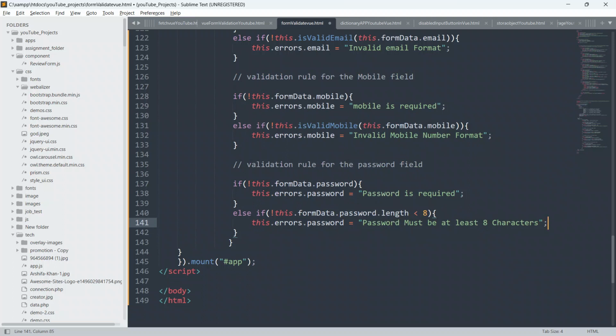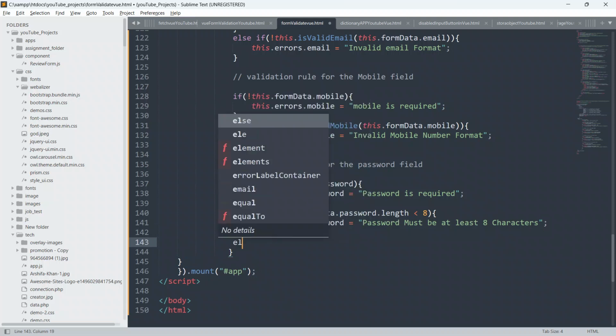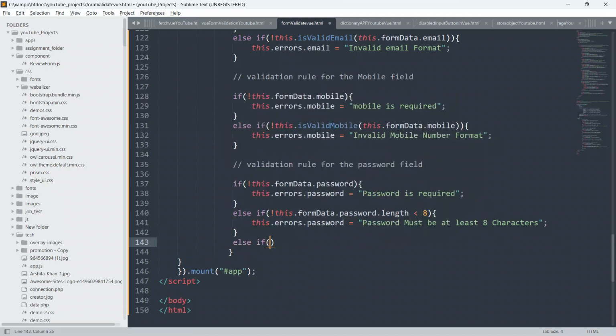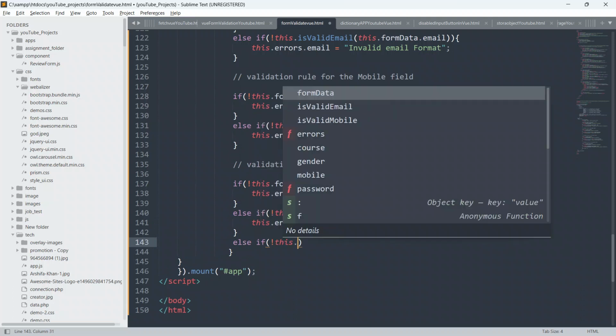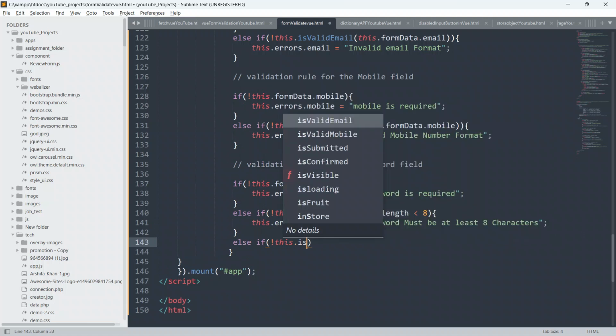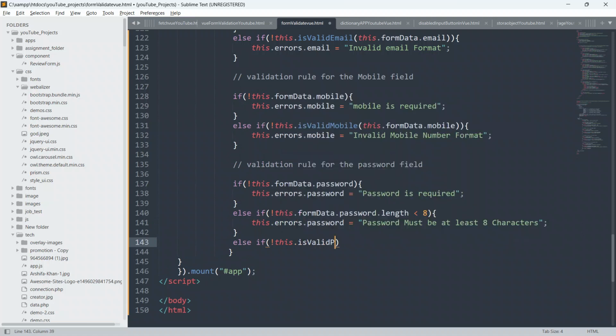And else if, again we will say else if does not equal to this, so negation of this.isValidPassword. So guys, this is the method. We have to define all these methods later on in the view.